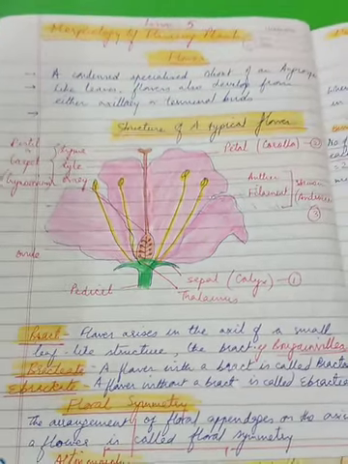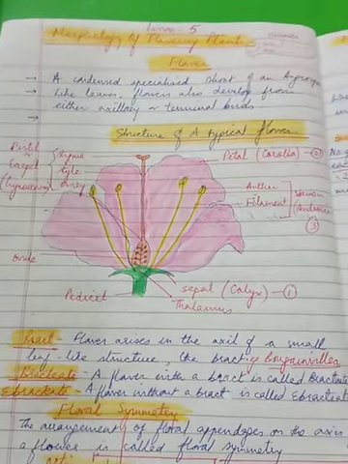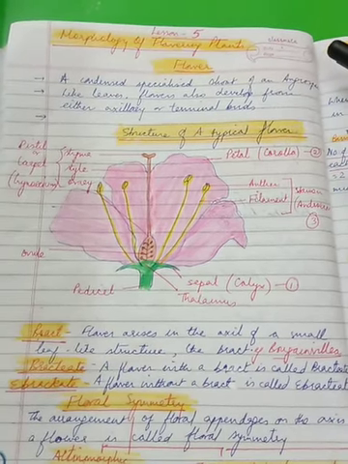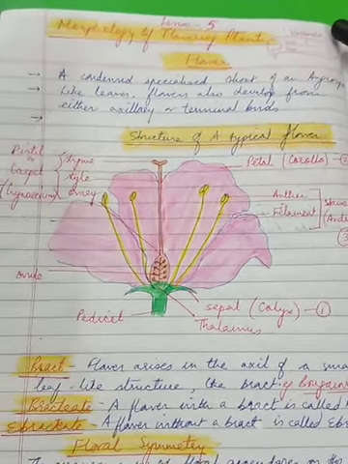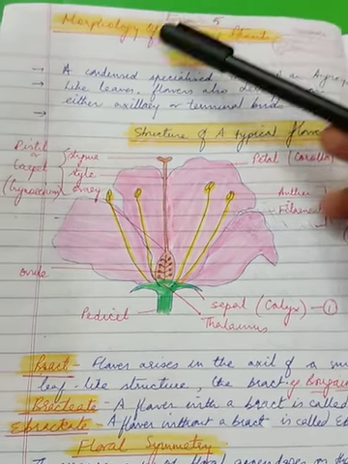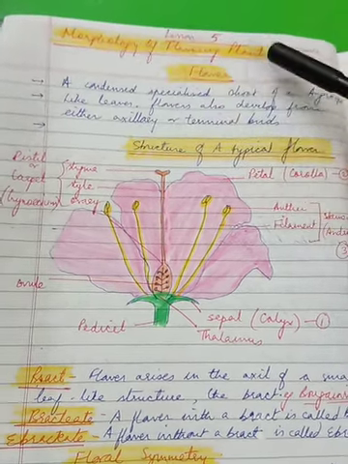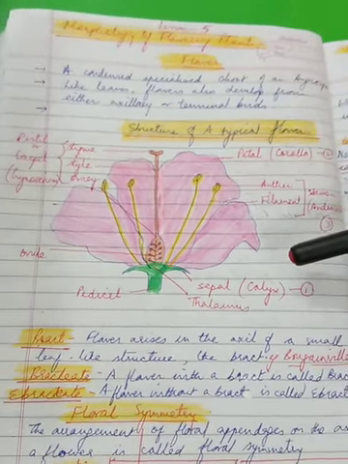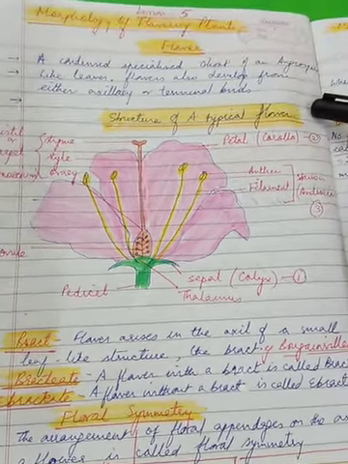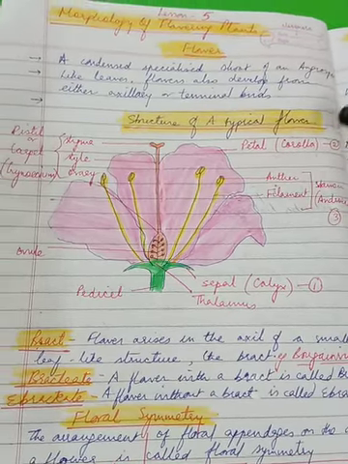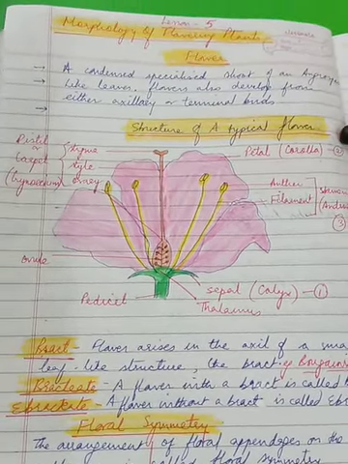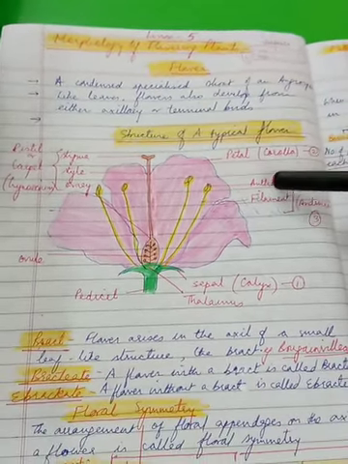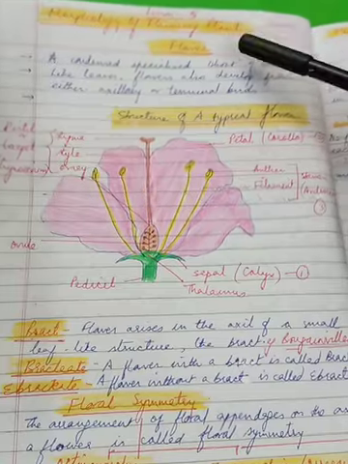Good evening, children. During my last discussion, we had completed the kingdom Monera, and today we will start with our fifth topic, which is morphology of flowering plants. Ever since we have started with our classes after the summer break, children, we had completed the living world and the kingdom Monera. So for a change, today we'll start with something on morphology of flowering plants, and let's start with flower.